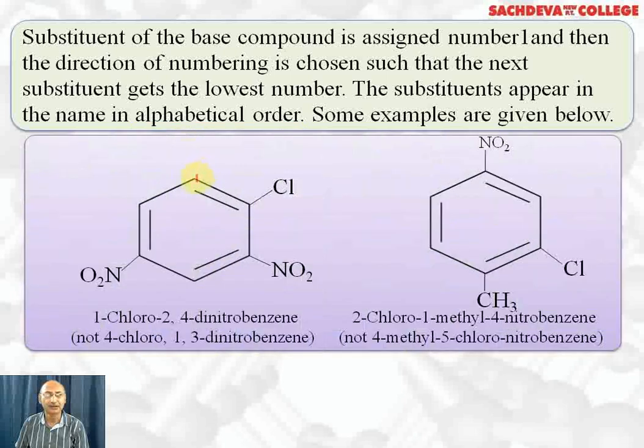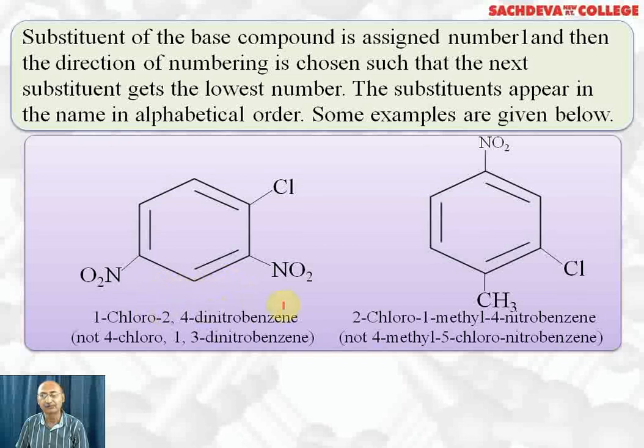Let's take up some examples. Here we have 3 substituents. 2 are nitro, 1 is chloro. So the first preference will be given to chloro because all 3 have prefixes, so we prefer alphabetically. And now we have to start counting from the anti-clockwise direction. This gets number 2 and this gets number 4. So we get 1-chloro-2,4-dinitrobenzene as the correct name, and not 4-chloro-1,3-dinitrobenzene. So you have to remember the preference we have given alphabetically, and we start anti-clockwise so that all the substituents